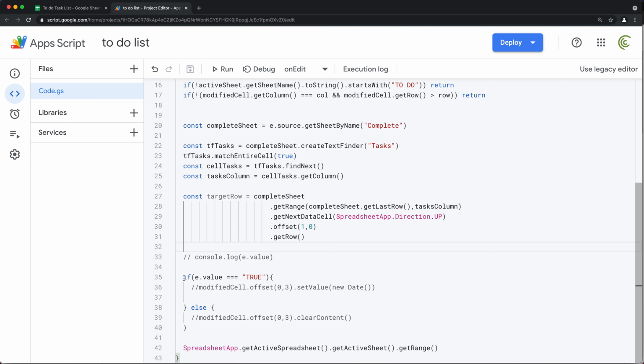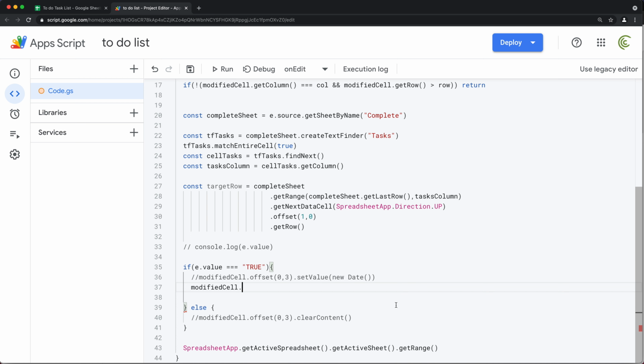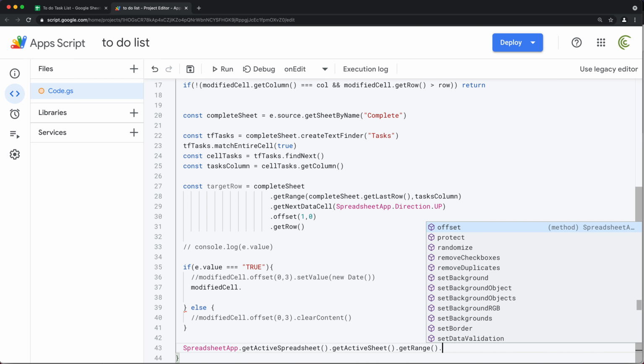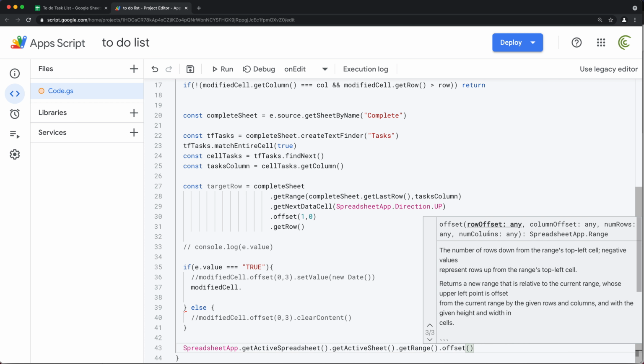So basically, remember, this is going to give us the case when the checkbox is checked. So when it's checked, we want to take the modified cell, which should refer to that checkbox cell. And we're going to do offset from that cell. And again, let's just do offset here so you can see how it works. If I do offset, let's just go to this other options. See, offset has this other options where you can specify row offset, column offset, and also number of rows and